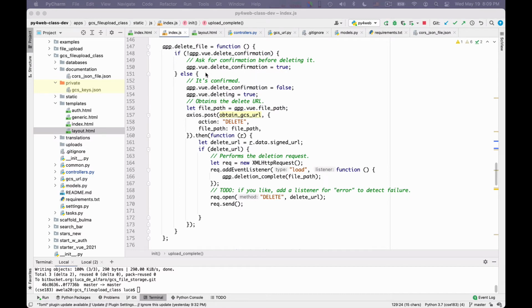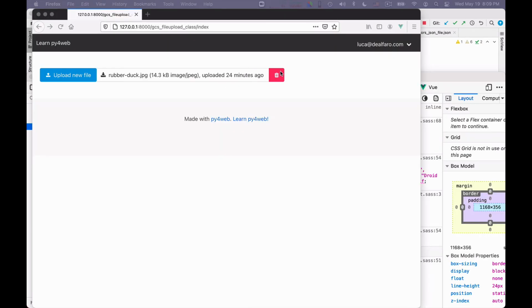The code for deleting a file is actually quite similar. So there is a bit of a trick that I implement in the UI. I have this delete confirmation that enables me to click on the delete button, and this will toggle, and then if I click again, then I confirm the deletion, so that a single stray click does not do any harm, right? And if I re-upload this, so there is a bit of a trick for implementing that.